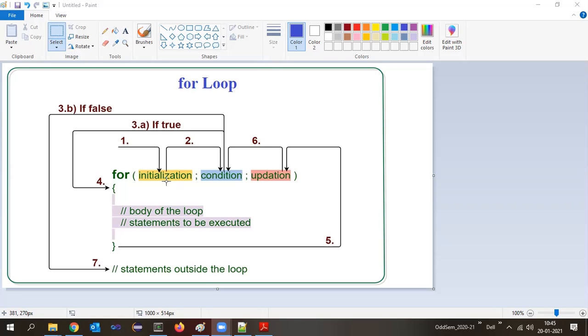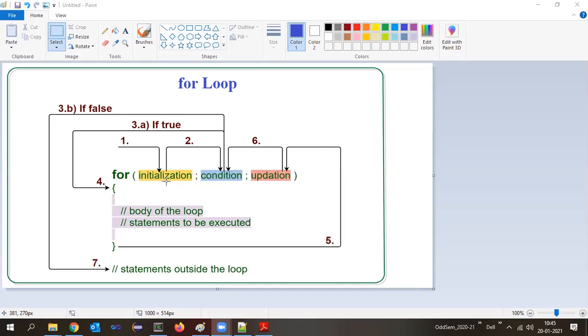So the third statement is what here? Updation. In the updation here, what do we need to do? We need to increment or decrement? Increment. What variable do we have to increment? Counter variable. In this case, if I take the counter variable to be I, then it will become I plus plus. Okay.